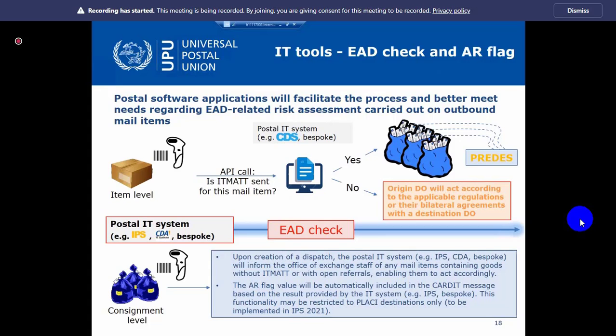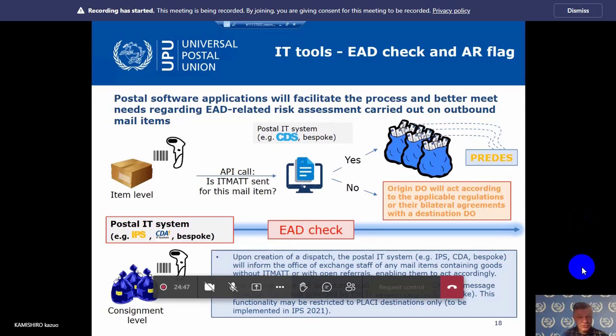It means that this postal software application will help you to facilitate the risk assessment process. It means to check whether all items containing goods